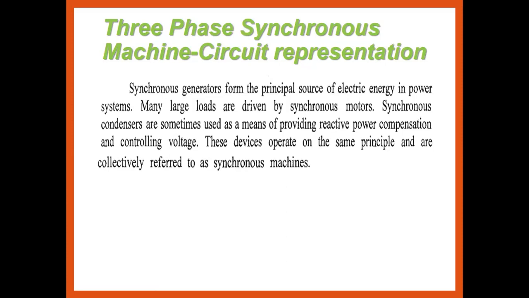Whenever we have to maintain synchronization by the principle of magnetic locking, both the stator and the rotor should be operated at the same speed. It is called the synchronous speed, supposed to be 1500. To maintain synchronization at that speed, we have to use the excitation system so that the stator and rotor rotate at the same speed. That's why it is called magnetic locking.